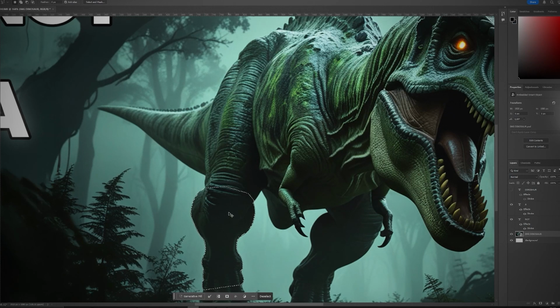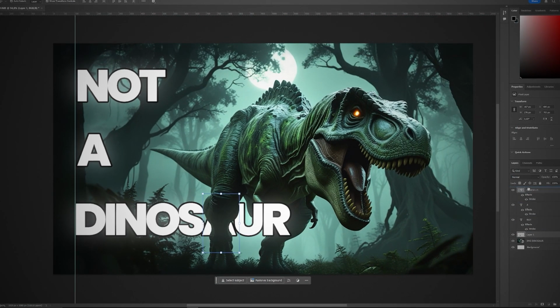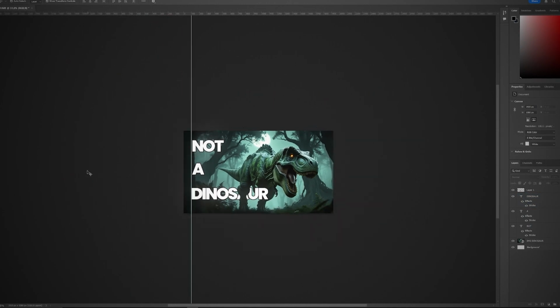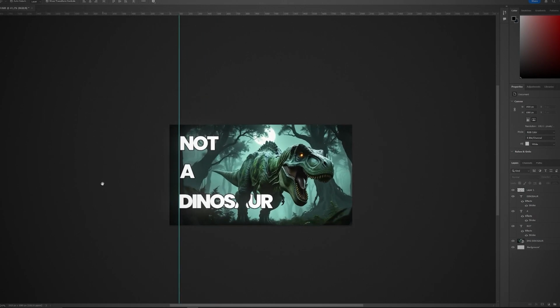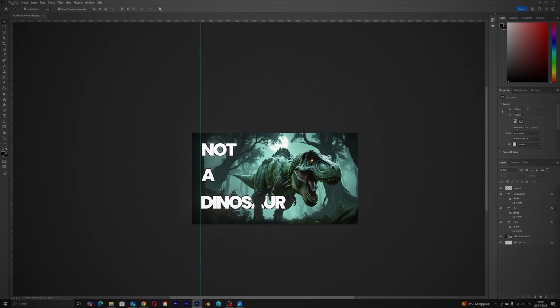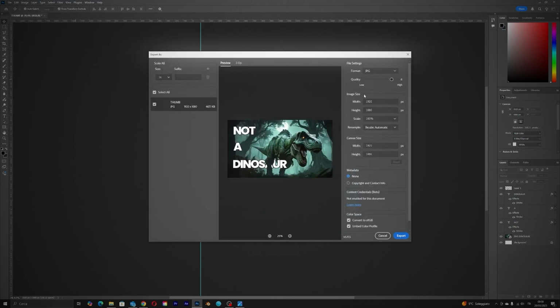Press Ctrl+J to duplicate the layer. Place the new layer on top of the text. Finally, export the cover. File, Export, Export as, Quality 7.